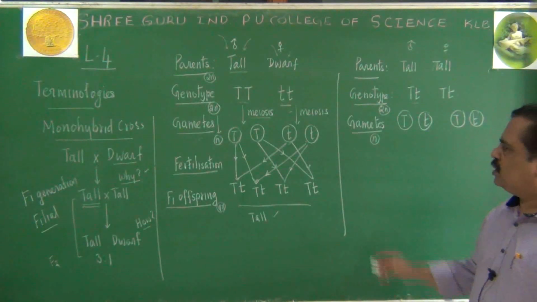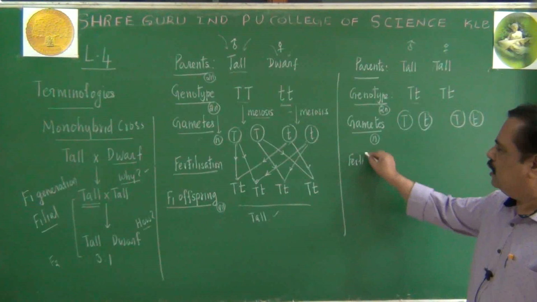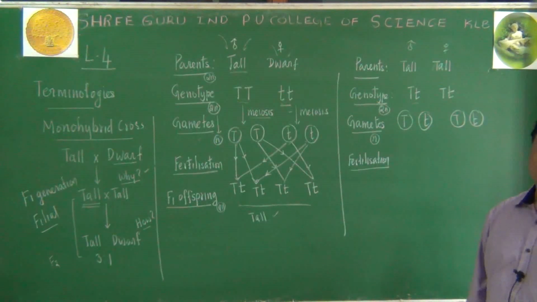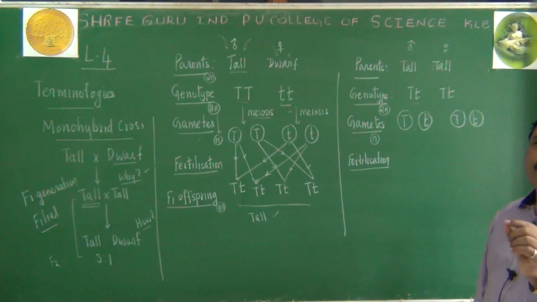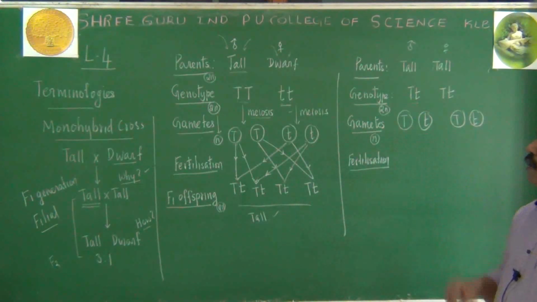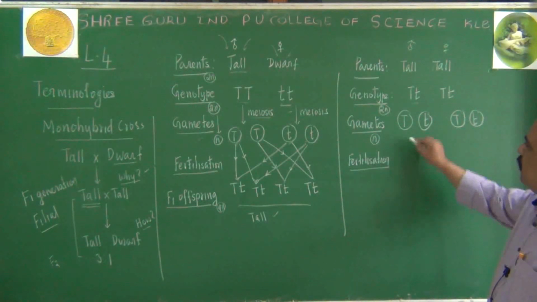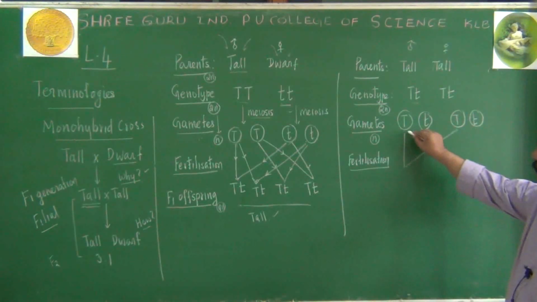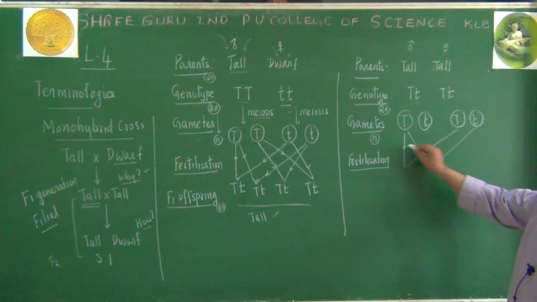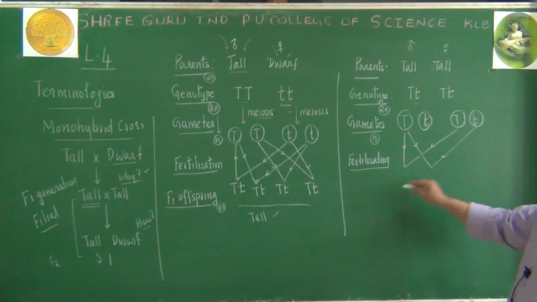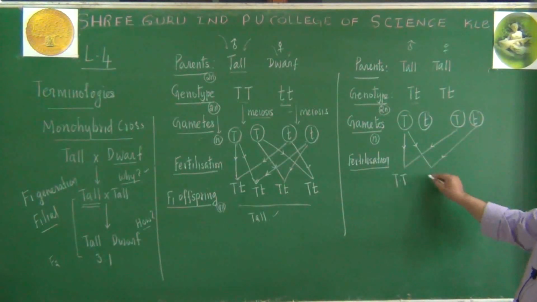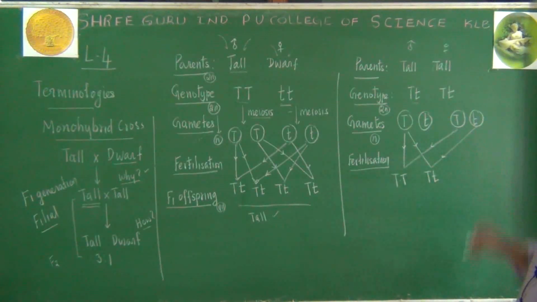What is the next step? The fourth step involved here is fertilization. Fusion of male and female gamete is called fertilization. They will fuse randomly. So random fusion of male and female gamete is called fertilization. Let us consider that this capital T fuses with this capital T. It can happen. Similarly, this capital T can fuse with this one. There is a chance. So these 2 will give rise to capital T small t. Sorry, capital T here, and here capital T small t will be formed.